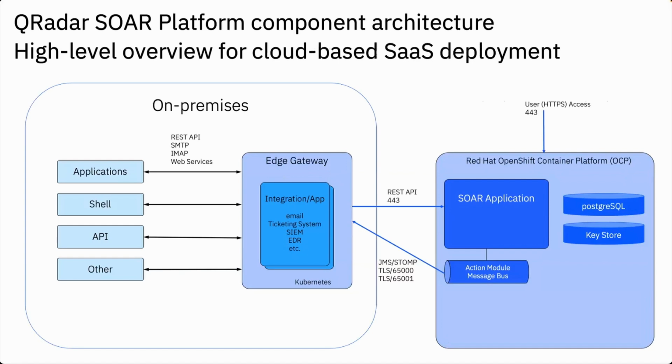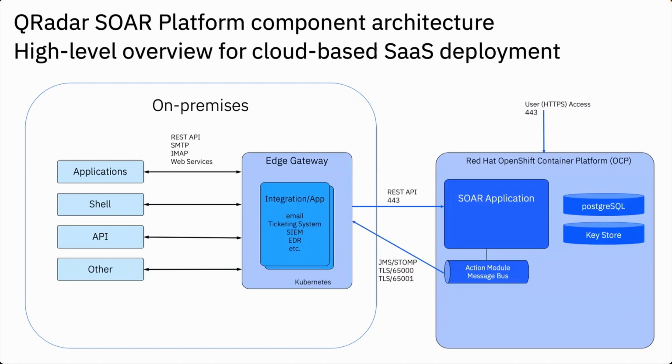And this is the SaaS deployment. The previous one is the on-prem deployment where everything was on-premise. This is the SaaS deployment. The main differentiator to a pure SaaS-based cloud deployment is that your organization will not have any administrative platform access to the OCP, because all that is maintained by the IBM operations team. Your organization is still responsible to deploy and configure any edge gateways that are required on premises to